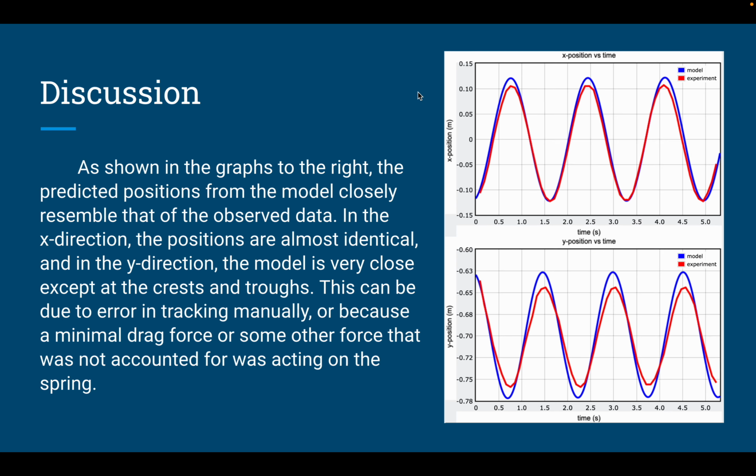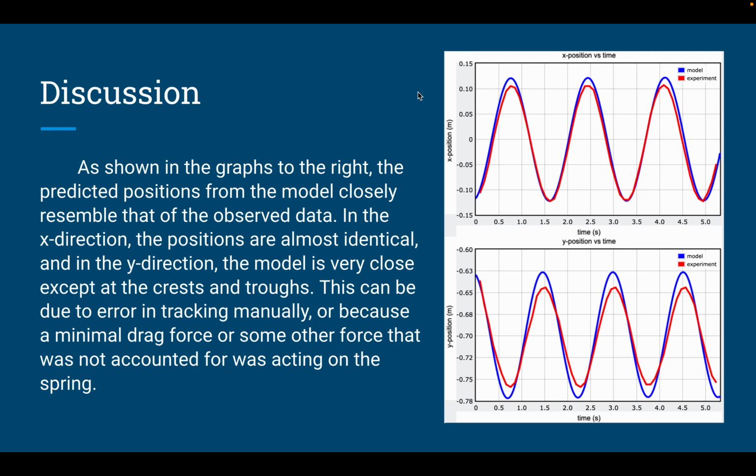So what does it mean? As shown in the graph, the computational model I created shows that energy is conserved in the system. The change in energy stays at 0, and Ug as well as U spring oscillate almost perfectly. The kinetic energy dissipates eventually, but that could be due to outside forces acting on this system which were not accounted for. The period of oscillation for the x direction can be estimated to be about 1.614 seconds from Tracker, and